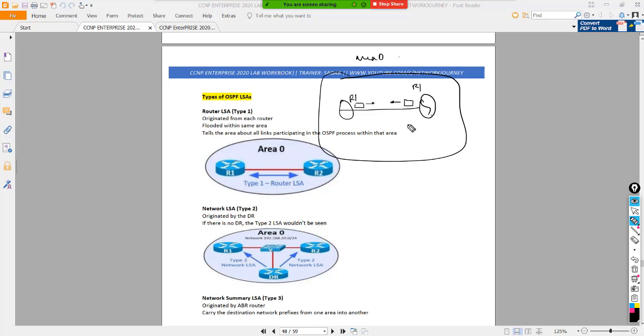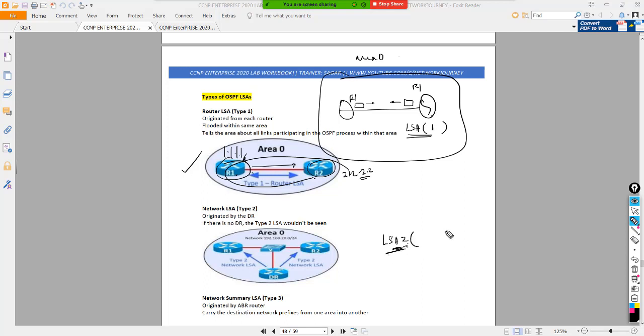The first LSA type, if I write it as LSA1, is going to tell me about their neighborship relation. If you see from this diagram, R1 is going to say, I am in neighborship with 2.2.2.2. Similarly, R2 is going to say, I am in neighborship with R1 on this IP address. So you will expect something like two neighbors' details in your LSA1 column. Now what would be the content of